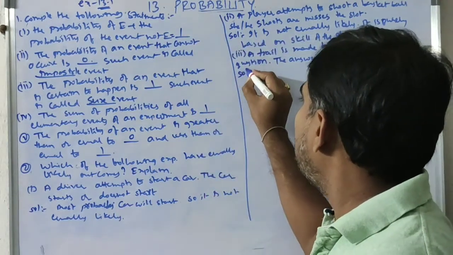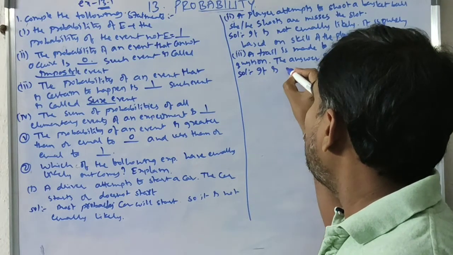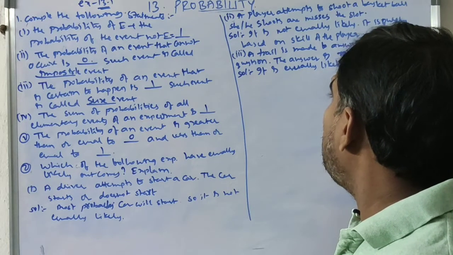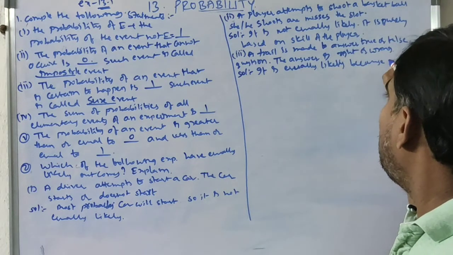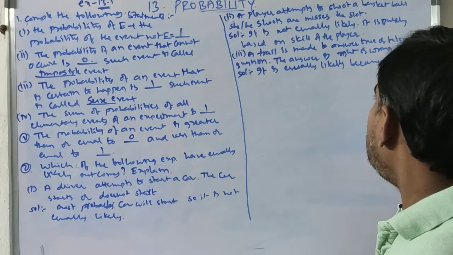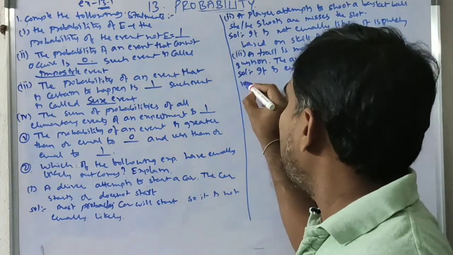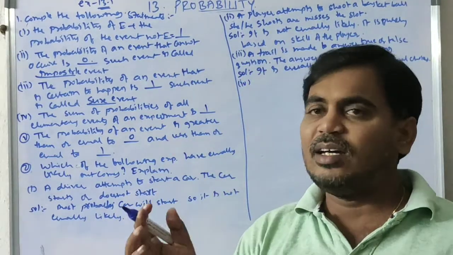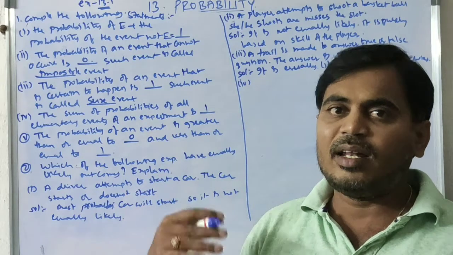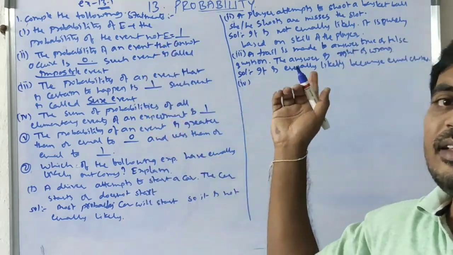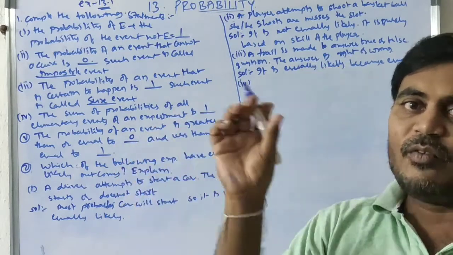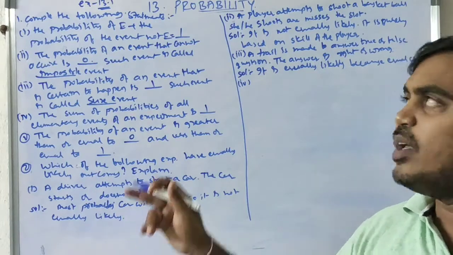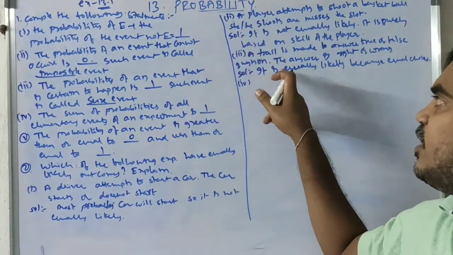So it is equally likely because there are equal choices. The previous examples also had two choices, but there the possibilities were slightly more or less, that's why they were not equally likely. But here the possibilities for true or false are equal. Okay, that's why those are not equally likely, but this one is equally likely.